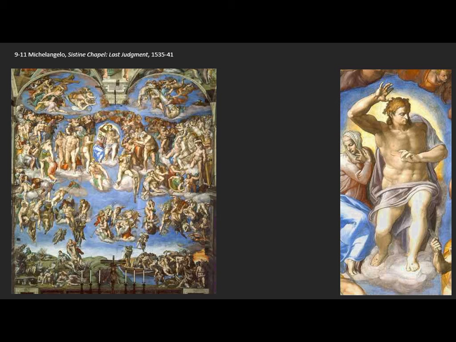unnatural. He's extremely broad across the beams. He's not articulated well. The legs don't seem to quite match up with the hips. This is very much Mannerist in conception. Also, his posture. Is he standing or seated? Gives it a sense of imbalance, which is also a hallmark of Mannerist art.